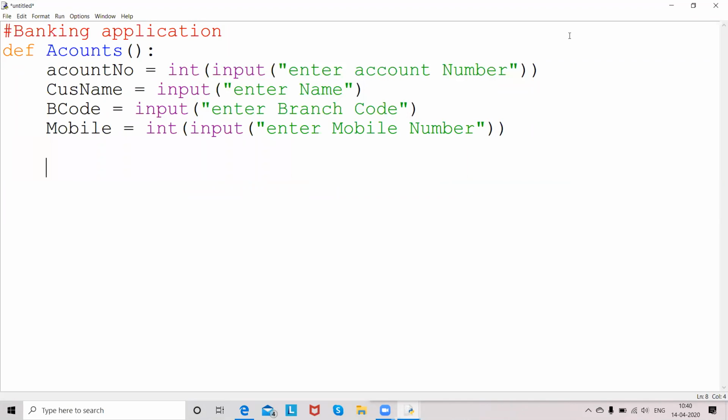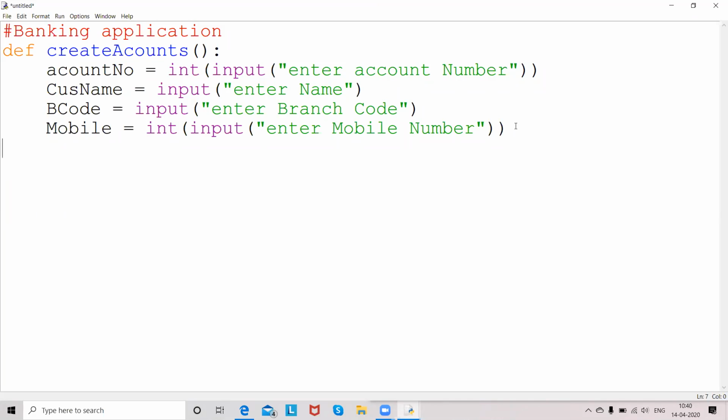Okay, so after inputting these details, I may change the function name a little bit here. I'll use a function name as create. So create account or accounts, whatever name you can use. So this function is only used for the creation of the account details.